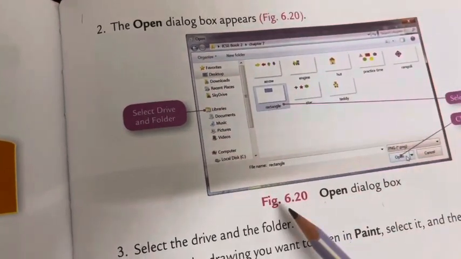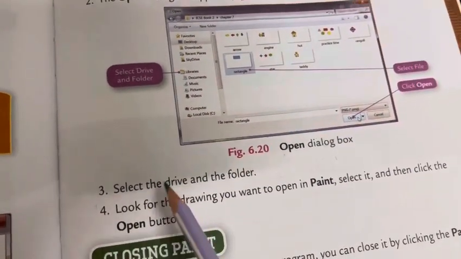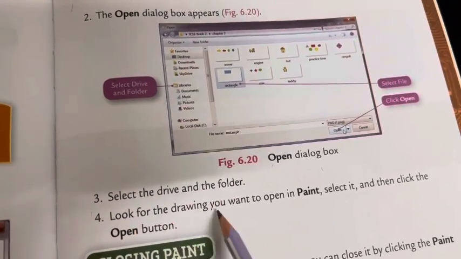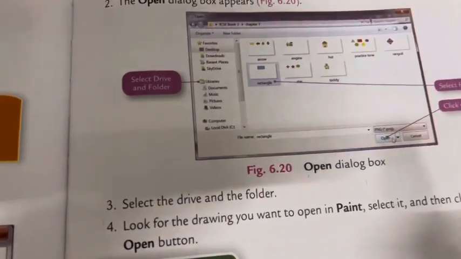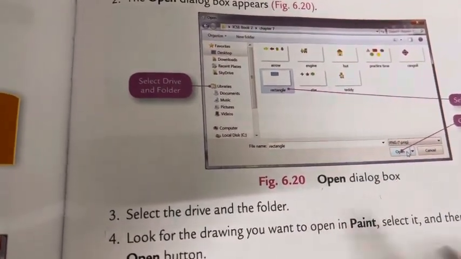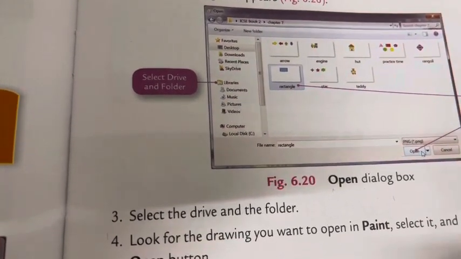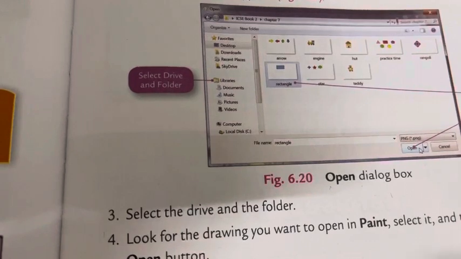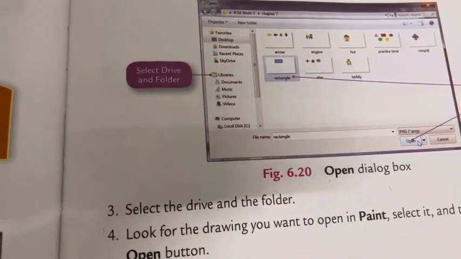Okay, this is the Open dialog box that appears in front of us. Select the drive and the folder, look for the drawing you want to open in Paint, select it and then click the Open button. Now in this, what will you do? You will select the drive where you have already saved the Paint drawing you drew earlier.